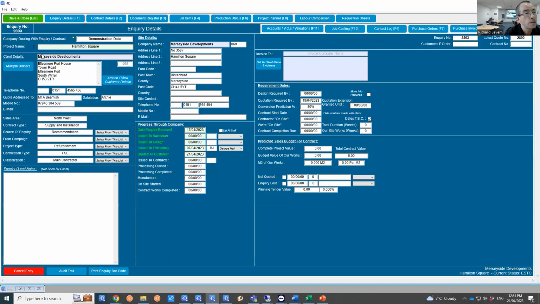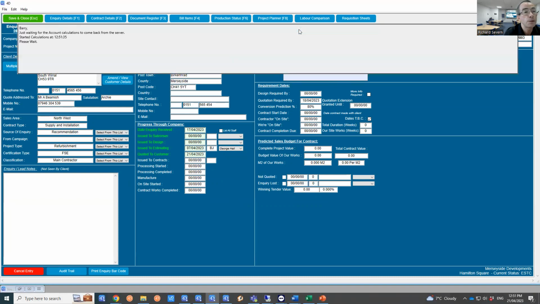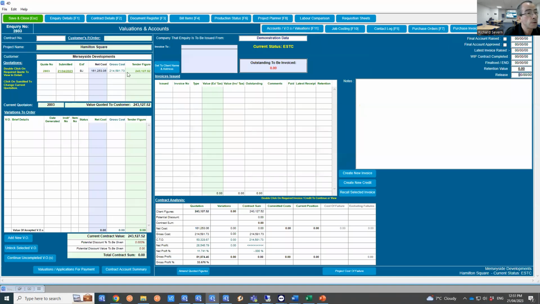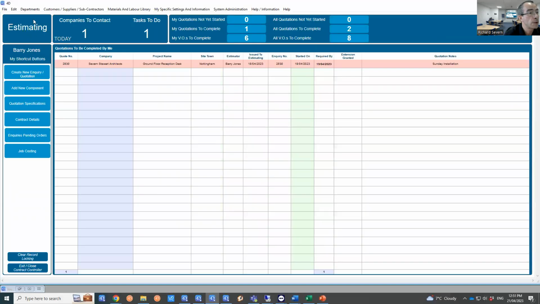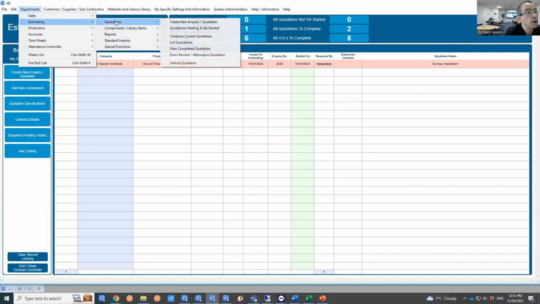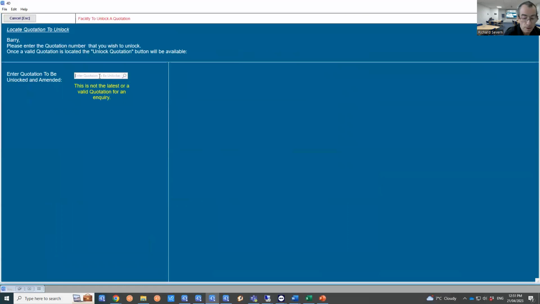system will find it. We can then see the quotation number there, but just to be doubly sure, go to your accounts valuation screen, and you'll see that the quotation is listed there. So we now know that it's quotation 2803. So save and close, come out of this inquiry, back to your dashboard, to Departments, Estimating, Quotations, Unlock Quotation, type in the number,